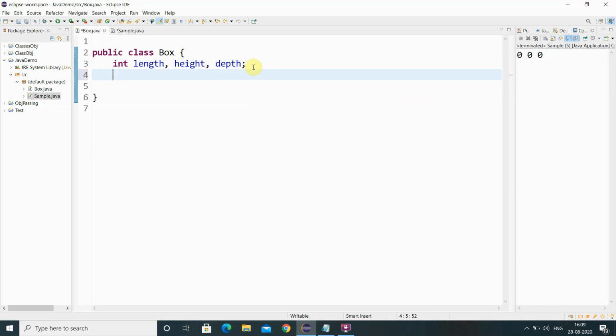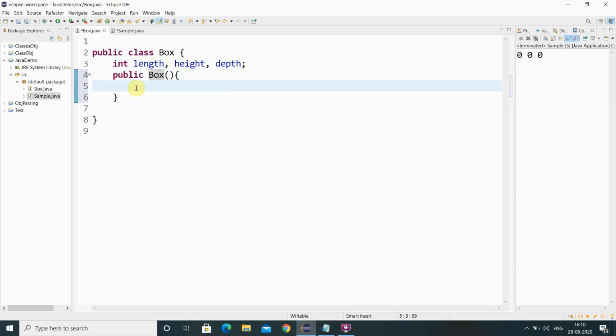So we already know the three rules. The first rule, the constructor should reside inside the class itself. So if I want to create a constructor for the Box class to initialize its data members, the constructor should reside within the same class. The second rule, the constructor name should be the same as the class name. The third rule, the constructor does not have any return type. And I will make this constructor public.